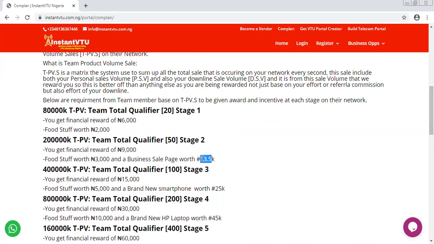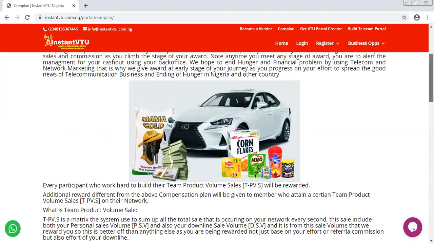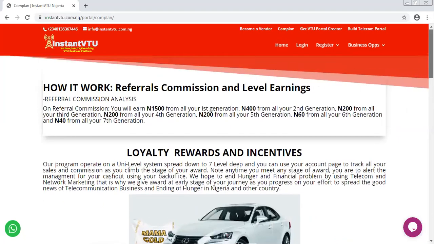The sale page is very simple. You talk about this compensation plan and the vendorship platform. Now you begin to advocate with your own link pointing to registration on the platform, and begin to watch how things will turn around for good for you. Now, these are the two things that are preached in the business, in the platform. One is the network marketing aspect, which is what I just went through now. The other one is